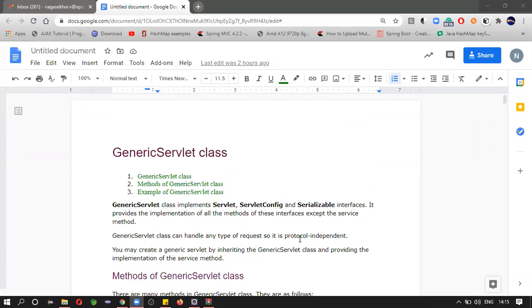In today's class, we will see generic servlet and its methods, HTTP servlet. What is the difference between them? Next, we will see the life cycle methods of servlets. So we will start with